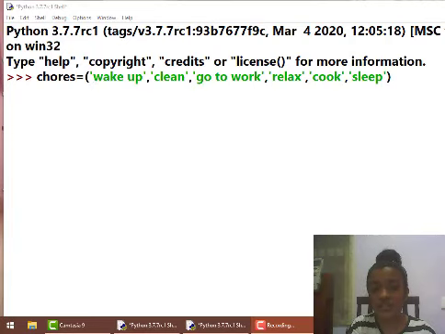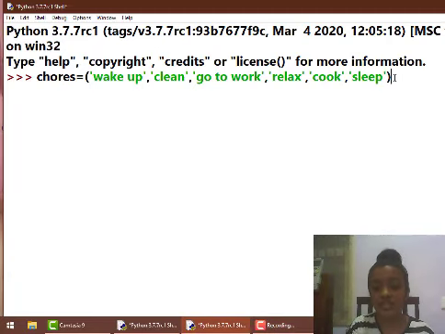The first string is wake up, the second one is clean, and so on, and each and every string is separated using commas. For example, the first string wake up and the second string clean are separated using a comma, and the clean string and the go to work string are separated using a comma, and so on.